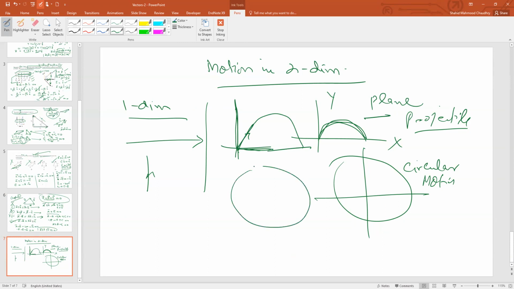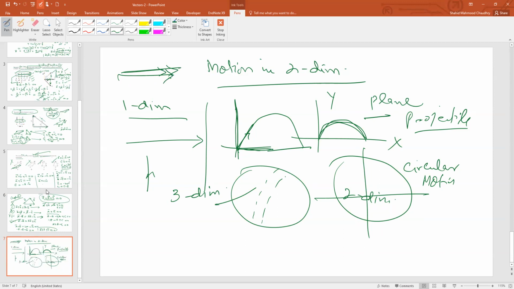So this motion is called projectile motion. This is a sphere, like a cricket ball or football. So this is a 3 dimensional picture. Circle or ring, these are 2 dimensional. But a sphere is 3 dimensional. And 1 dimensional is the line. This line is 1 dimensional, or an arrowhead.